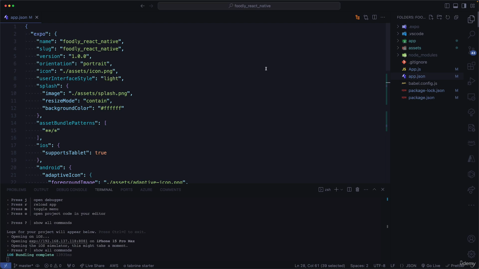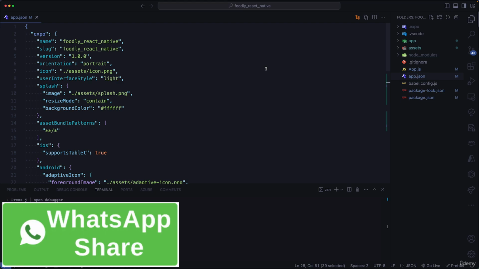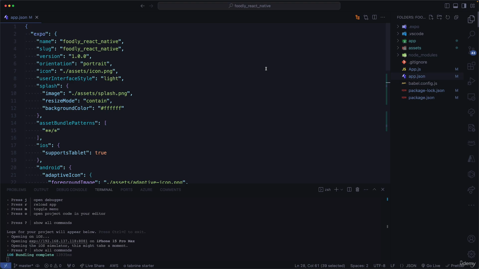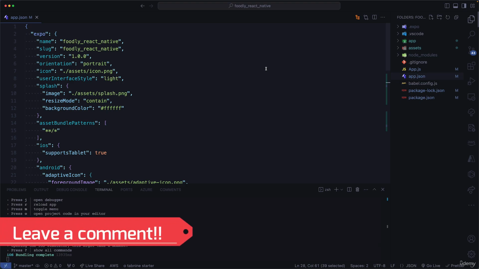Next, let's go ahead and start working on our home page. Before we start on the page, the first thing that we need to do is get the current location of the user. So we're going to be using the APIs to get the current location. After getting the current location, we're going to be using